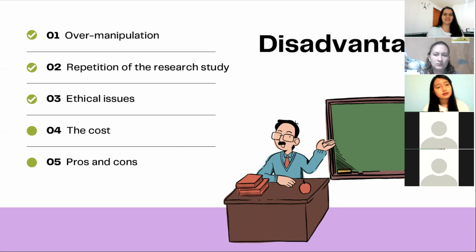Then we have the ethical issues. That means that because of the ethical issues, we cannot experiment on human beings. So this limits a lot of the quantitative research. Then the cost, we have to take into account that all the experiments and all the research have a cost. Finally, we have to consider the pros and cons when we want to carry out a research with a quantitative